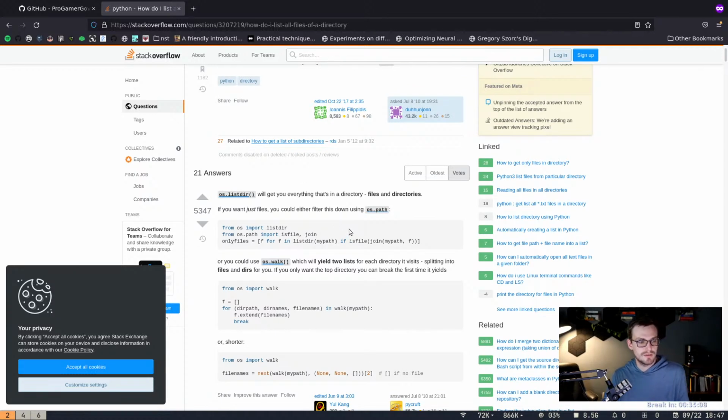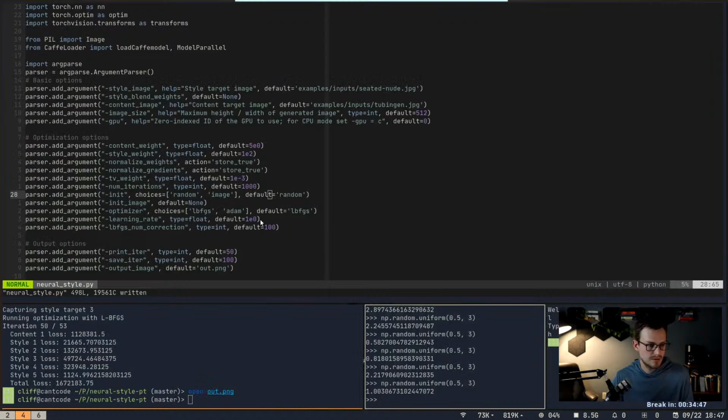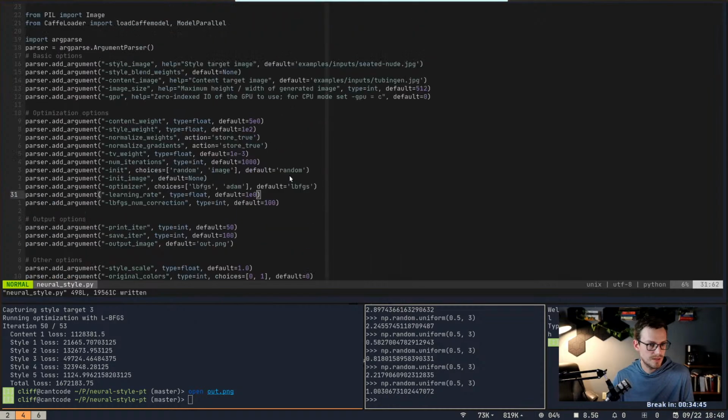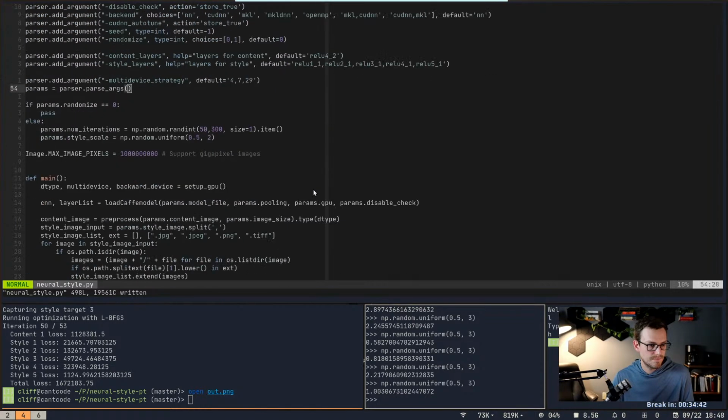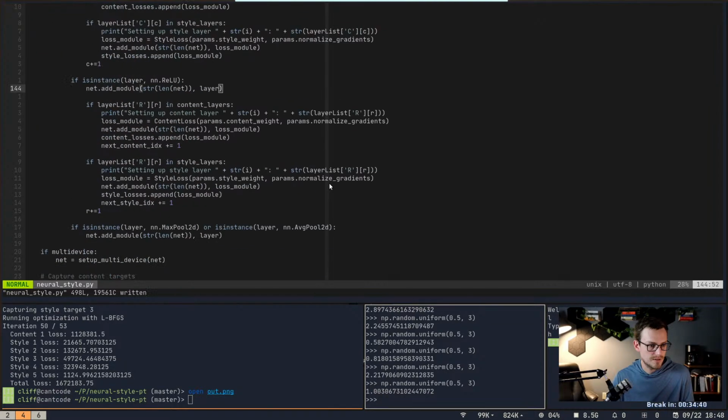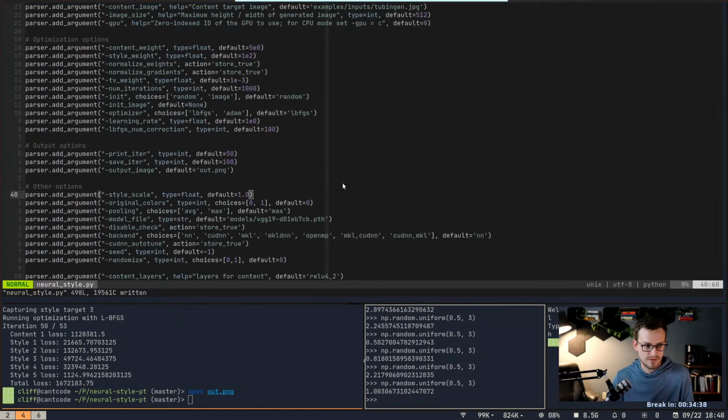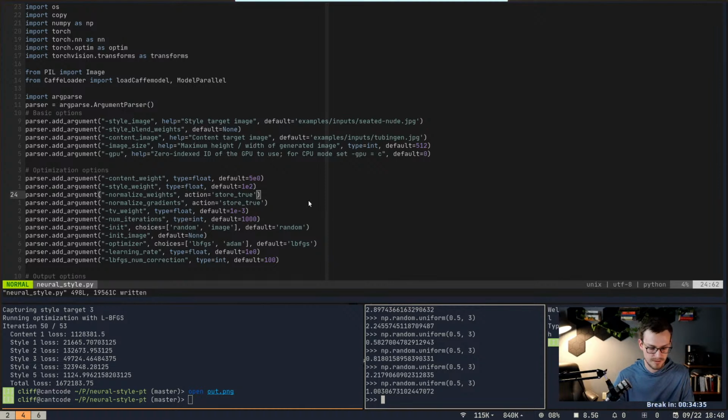So let's see. From OS. Why did they this file join? Let's see. I feel like this should already be in something similar at least. Why am I scrolling? Why am I scrolling when I can just